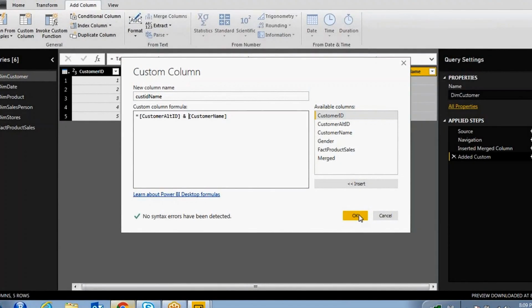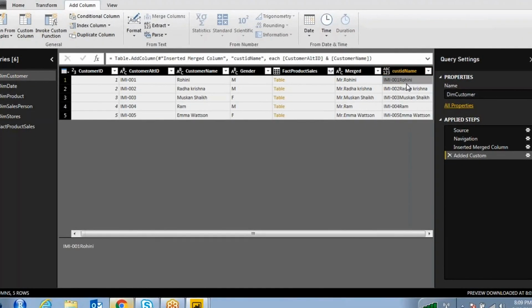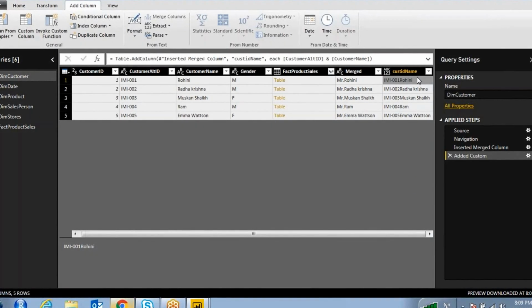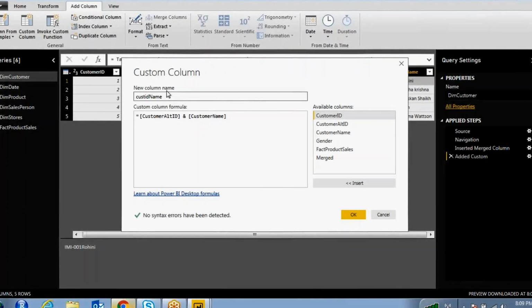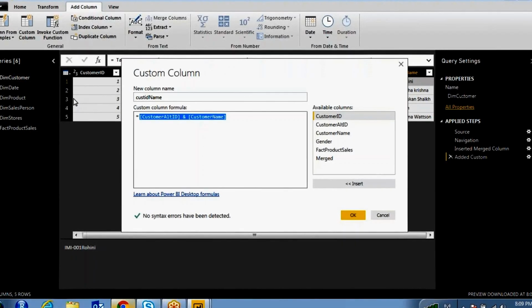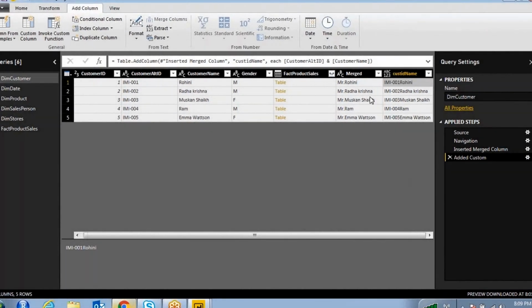Like this. Yes. Right. Correct. So now it is getting concatenation of the two columns. So this is the custom column. In the custom column, we have to write down the expression. But in the column from example, you don't need to derive this expression and you don't need to find out what is the syntax we have to use. Simply you can select this column from example and you can automate that process.